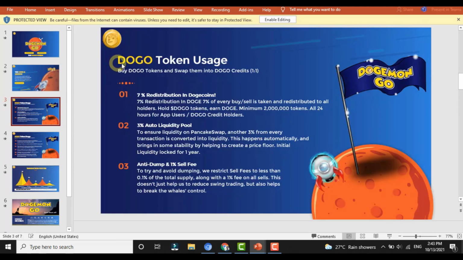Let us now have a look at the Doggo token usage. Buy Doggo tokens and swap them into Doggo credits. As you can see over here, on every transaction that happens, whether it be buy or sell, which happens in the Doggy Mongo, 7% of the total amount would be redistributed as Dogecoin. So here friends, if you are holding Doggo tokens, you will be earning free Doge tokens. This is really an interesting thing, and from every transaction, 3% of the total amount would be added as